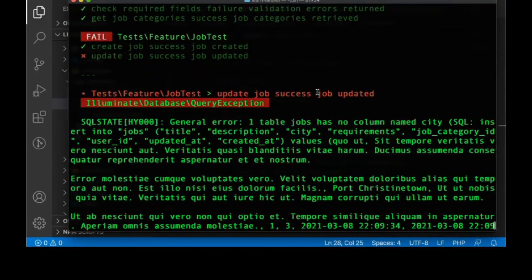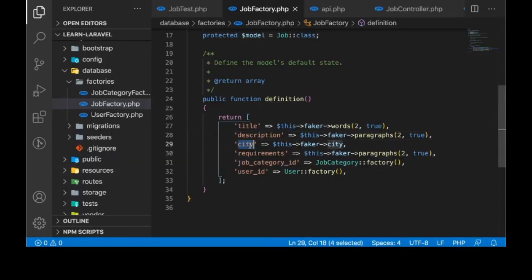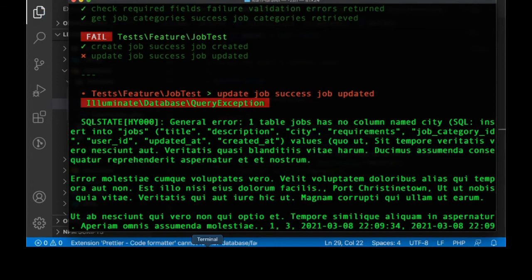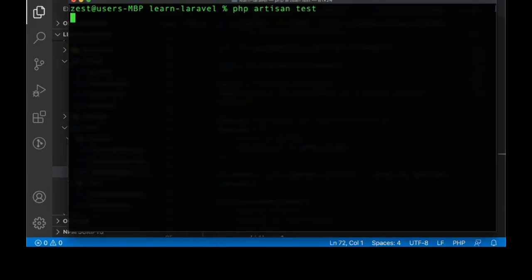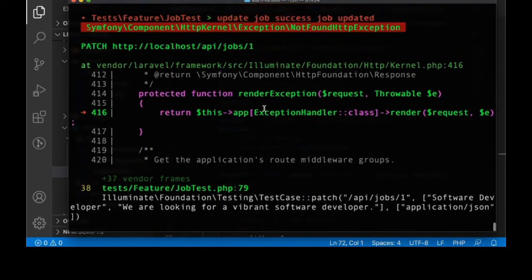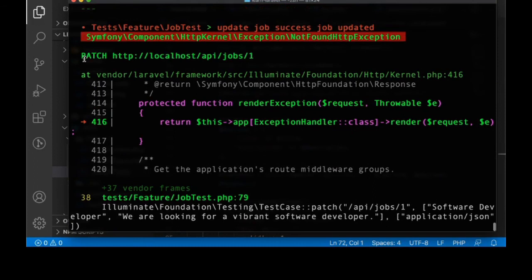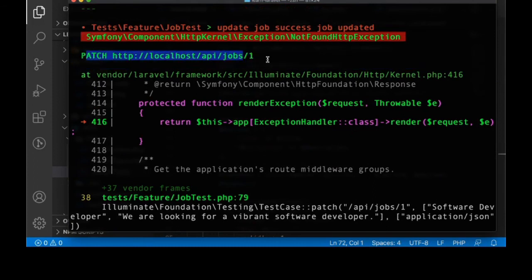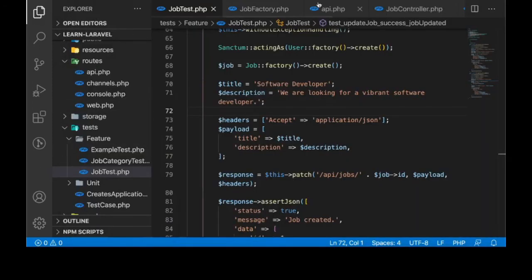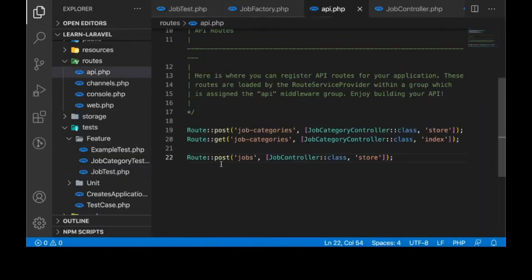This time, no location. What is going on? It's location, not city. So let's run this test again. What is happening is that we don't have this route, this endpoint defined. So let's head over to